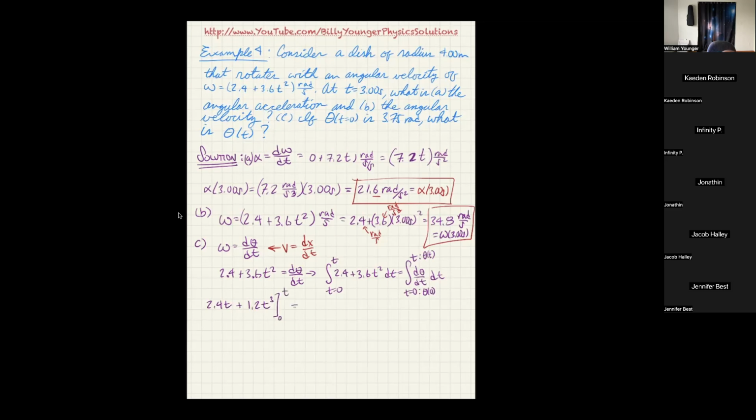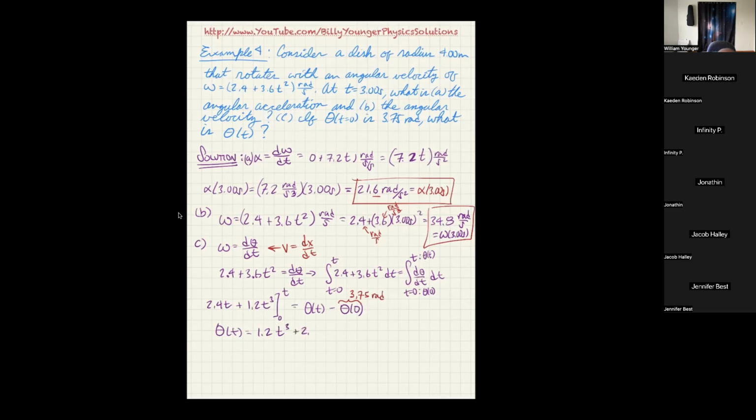And this is just going to be theta of t minus theta of 0, which we were already given. Theta of 0 is equal to 3.75 radians. So now we can say theta of t is going to be equal to 1.2 t cubed